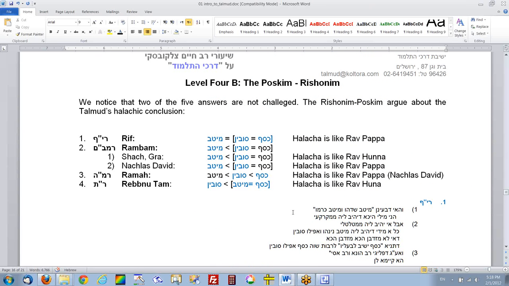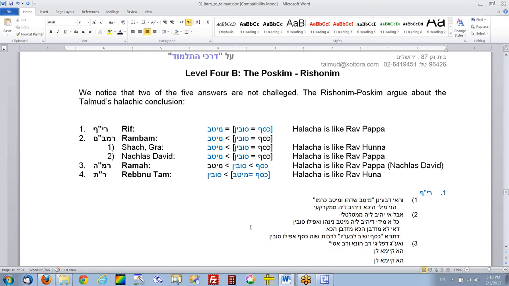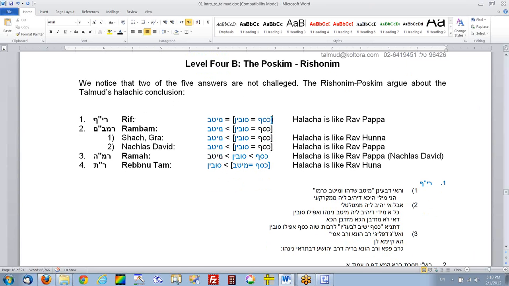I'd like to go, when we go deeper into the piece, when we first analyze the Torah ourselves and go through the Mishnah and go step by step, we'll go deeper into each piece. But this is an overview. Okay. So the Rif's position is that